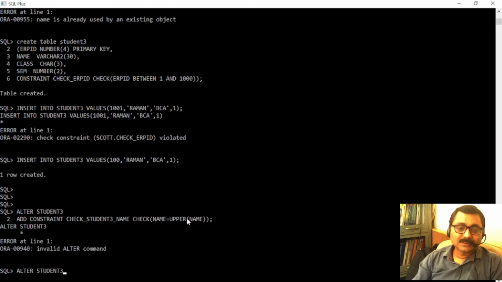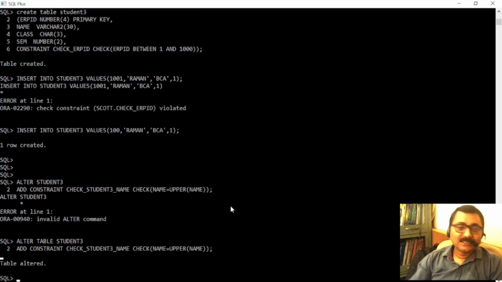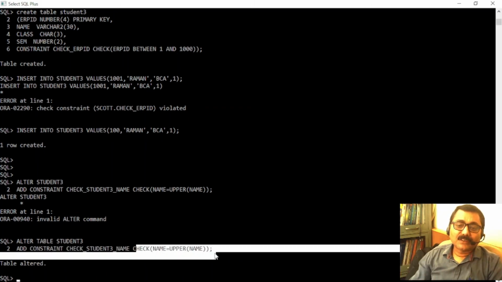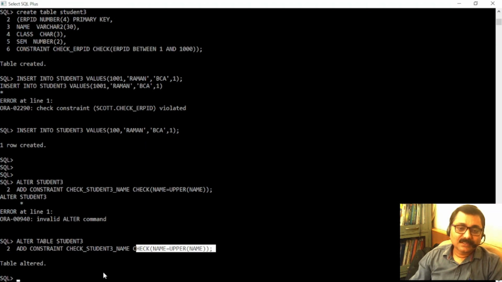A slight error. I missed table. Now it's fine. So now this alter table student 3, I have added a constraint called check underscore student underscore name, and this will take care of entry of uppercase, right?